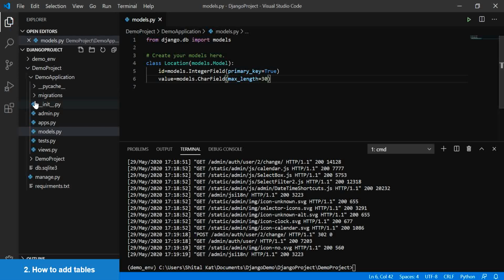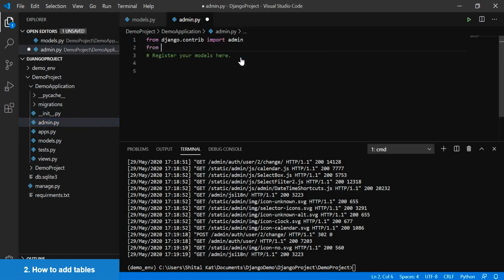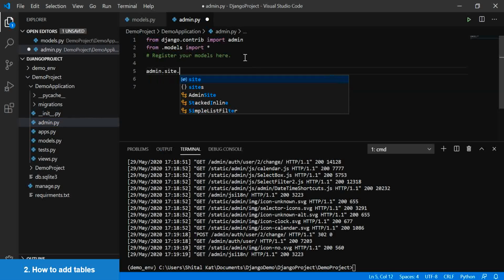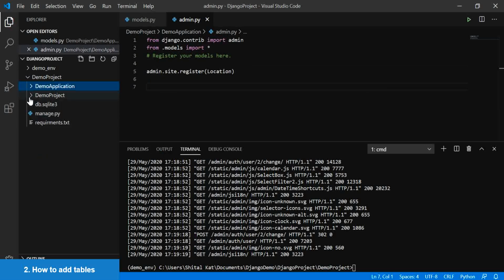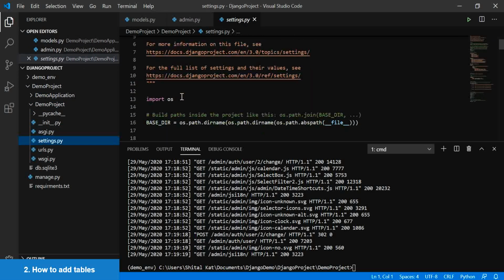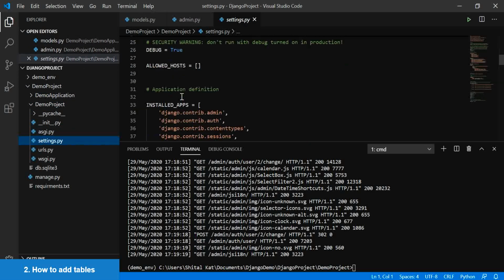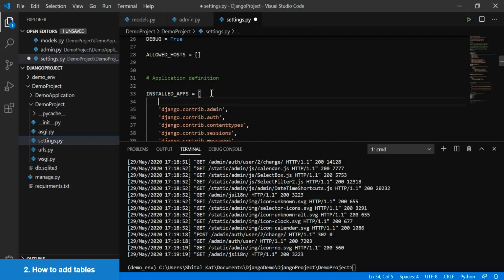In admin.py, register the model so that we can access the model from Django admin side. Also add the name of application in settings.py. Install application.